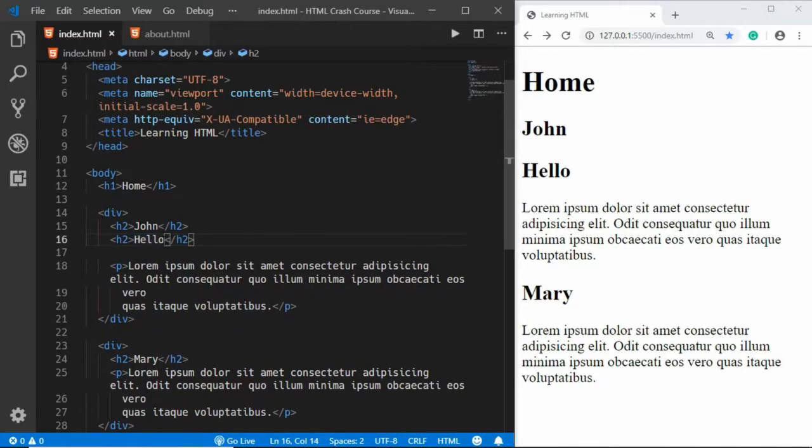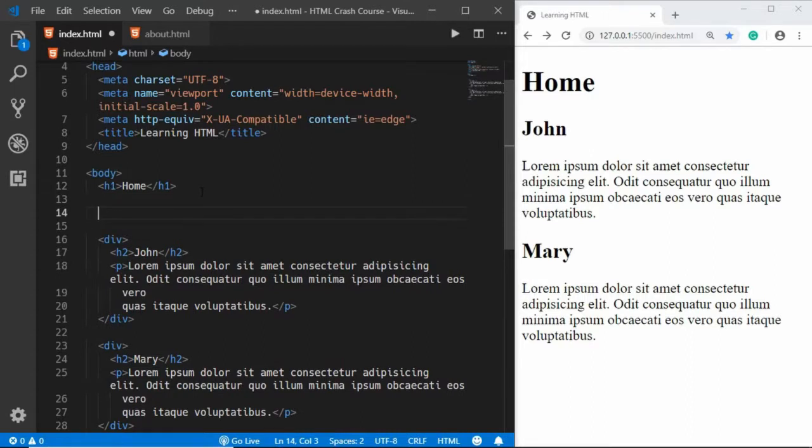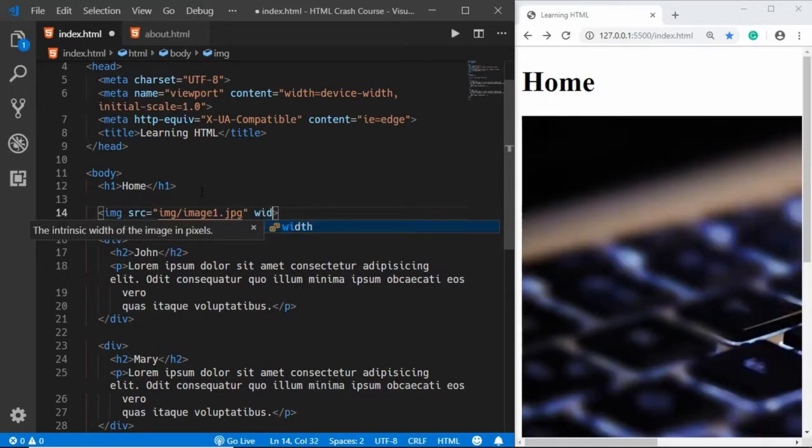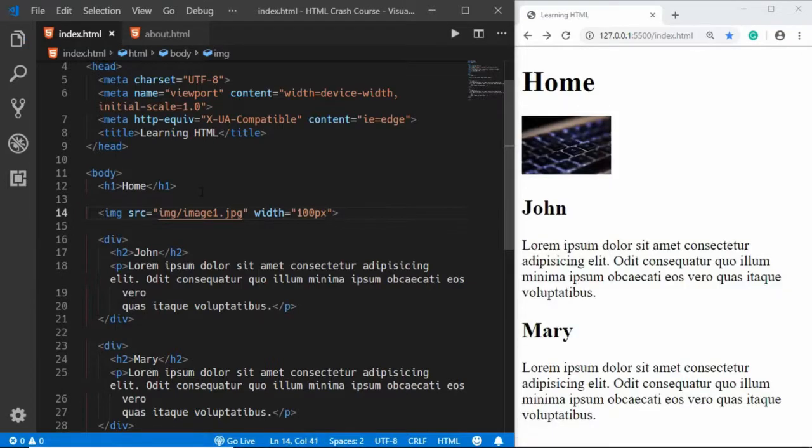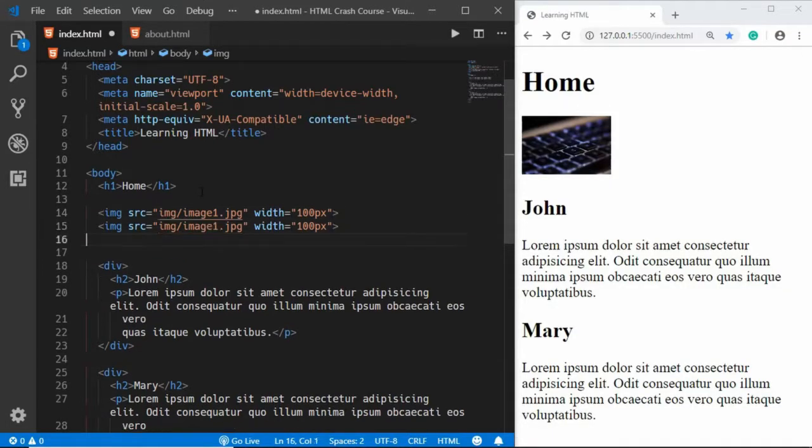But there are also inline elements. Image is an example of an inline element. So if you have an image, source of image 1, we'll just set the width to 100 pixels. Now if we just copy this line of code, and we will select the second image, we can see that the second image is right next to the first image, so it doesn't take up the whole width